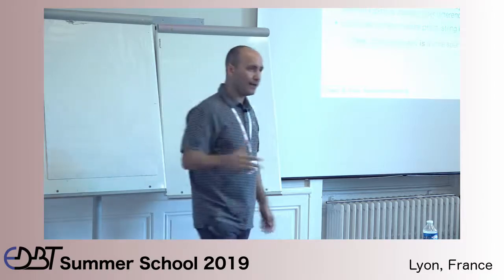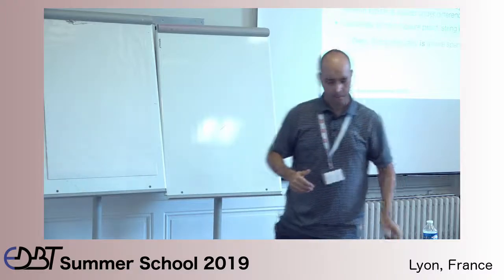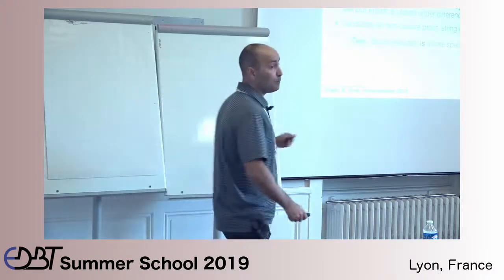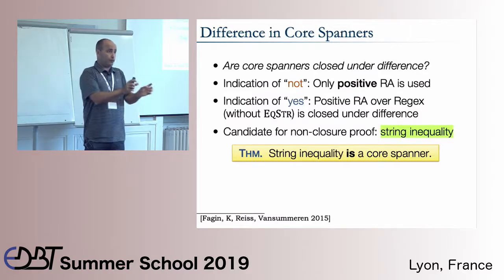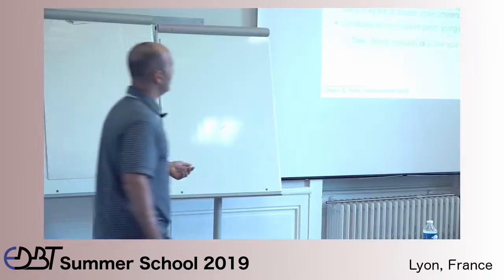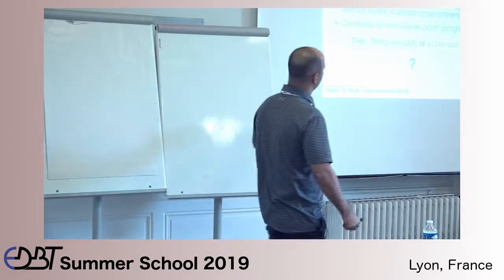And there are other cases, like one is contained in the other and so on. But basically, what I've just said, that the two strings are the same up to some point and so on, this is easily expressible, or easily codable, in the language of core spanners. Okay, so now we're confused. Is it or is it not close to